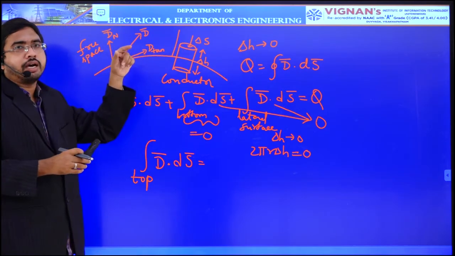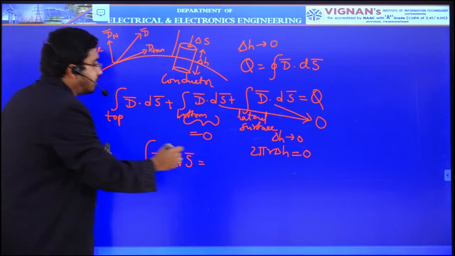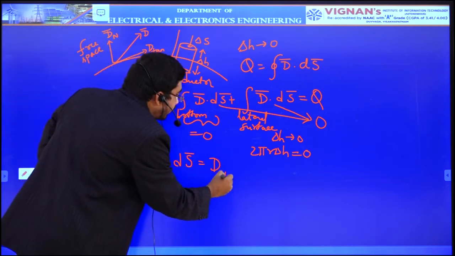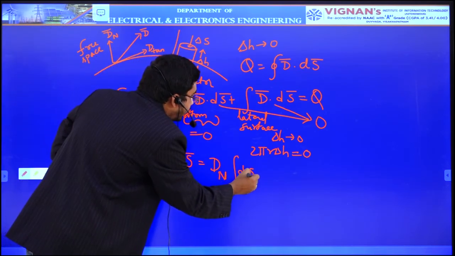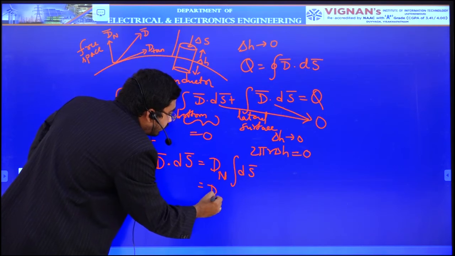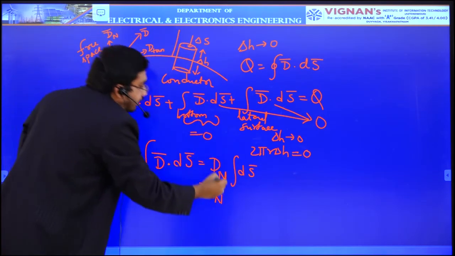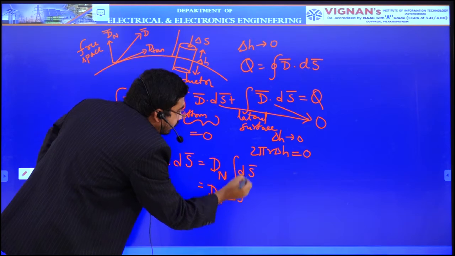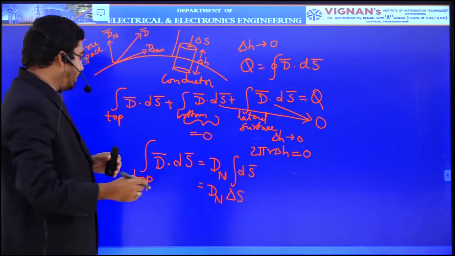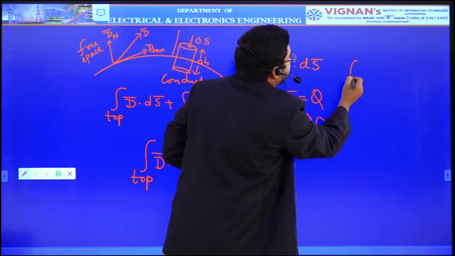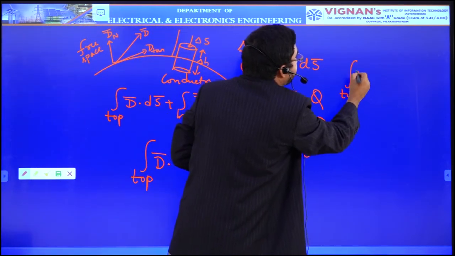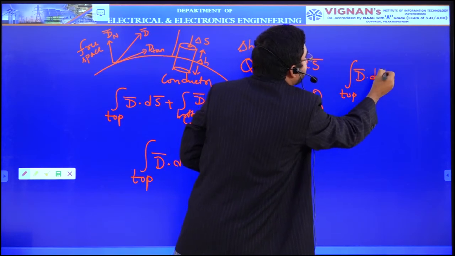So mod Dn bar, that is the magnitude, is equal to Dn into integral of dS bar, which is equal to Dn. What is the differential surface area from the top side? That is delta S. So here we are getting top integral of D bar dot dS bar is equal to